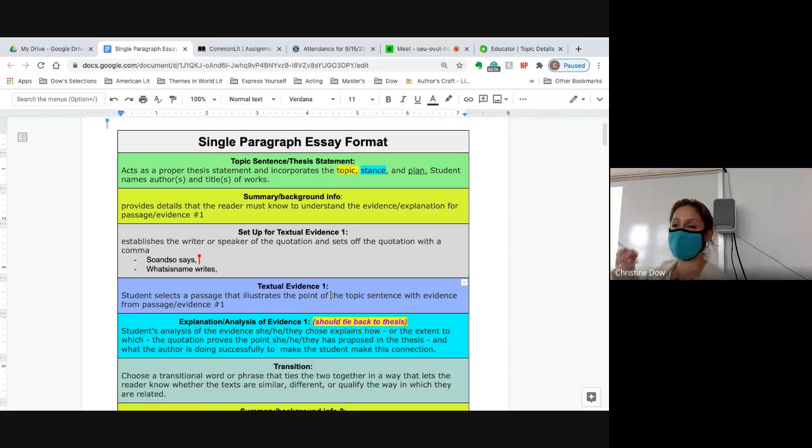Okay? So you're going to tell me how all these things just led up to your explanation. If you find yourself explaining what the quotation says, like Salinger describes the color of the sky, and then you say, Salinger describes the color of the sky, no, that's you paraphrasing. You're giving me plot summary. You're giving me something that doesn't matter. Tell me why it's important. Tell me how it's important. Tell me how it responds to the prompt. Tell me how it connects to the thesis statement. Okay?